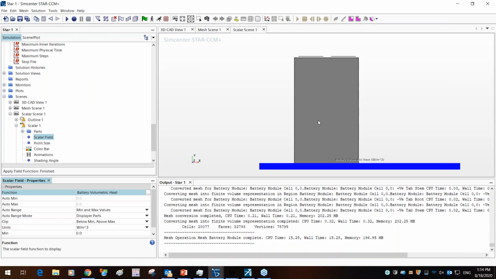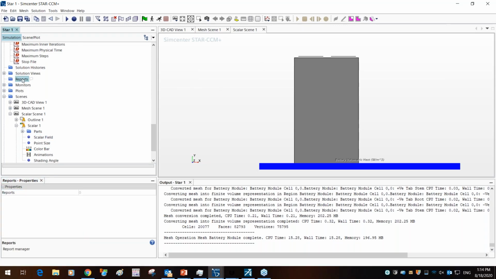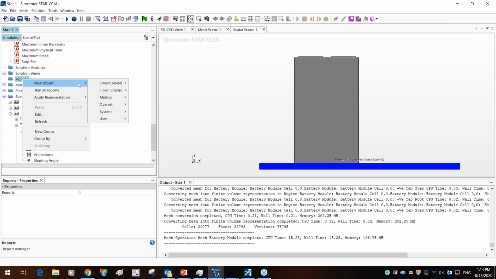The other thing that we would also like to look into is, let's say, the voltage within the given battery cell, so we can create a report. Reports are essentially scalar quantities that we can extract from the module. As you can see, we can look at circuit voltage, current, and the current derivative. This is because once we've activated the battery simulation module, it unlocks the physics solver to calculate such features.